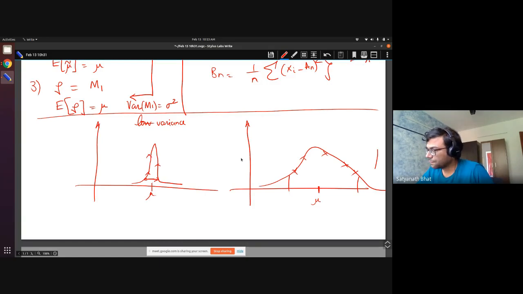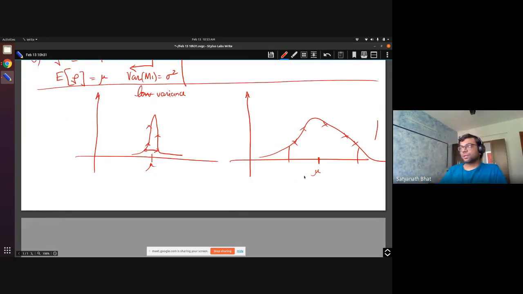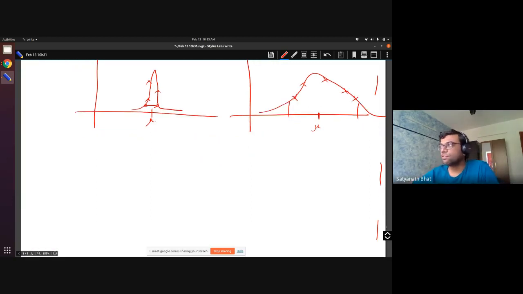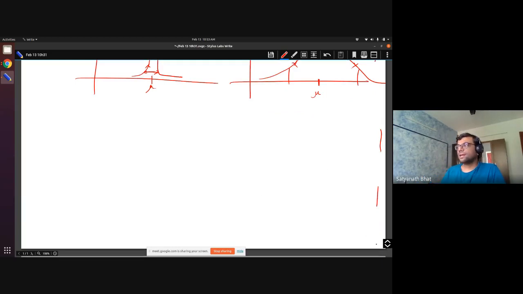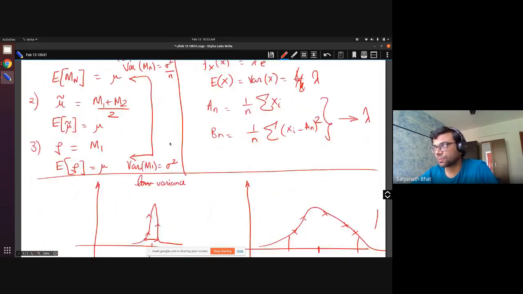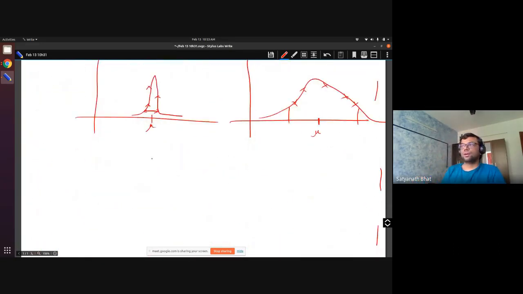So the idea is we want, if possible, an unbiased estimator, and then, if possible, low variance. That is the idea we are going to go for. Even more than this, there is one more property that we desire, which is called consistency. So what is consistency saying? Basically, whenever we have an estimator, suppose we take an estimator theta_n. Oh, I'm sorry.